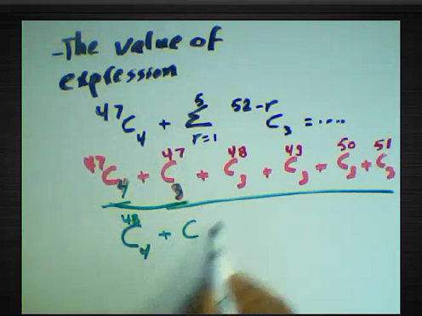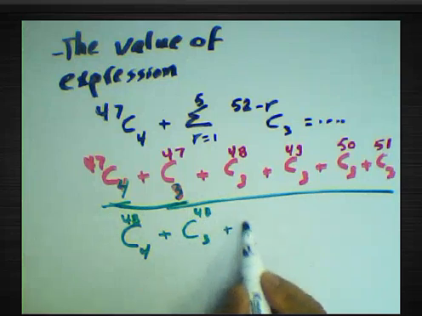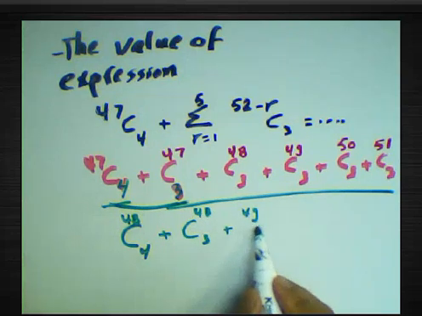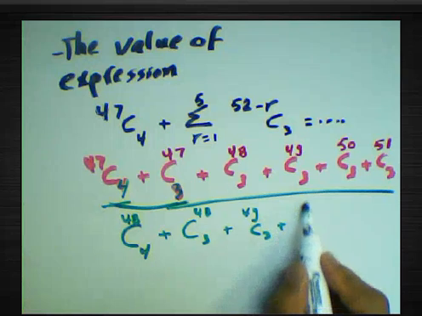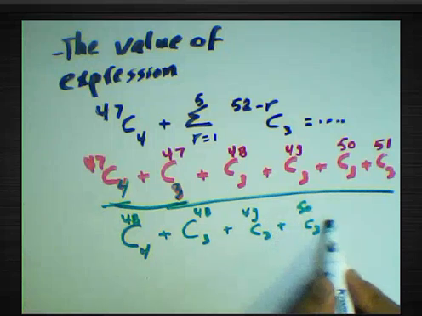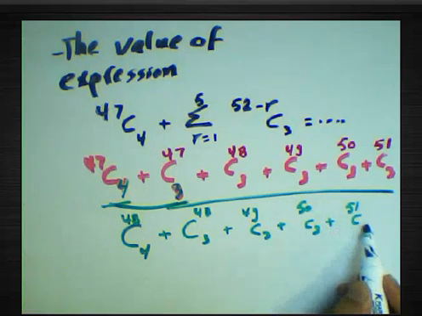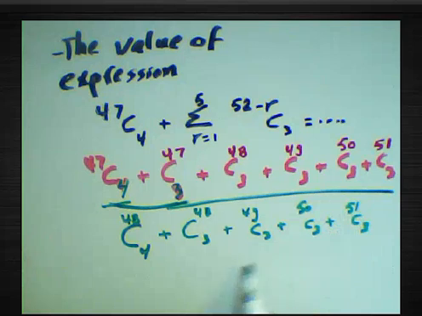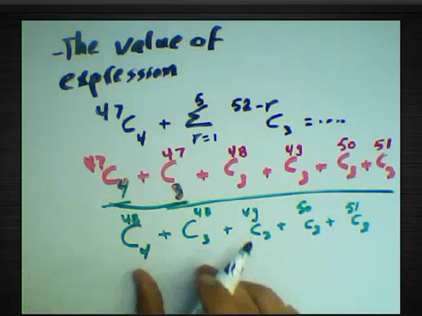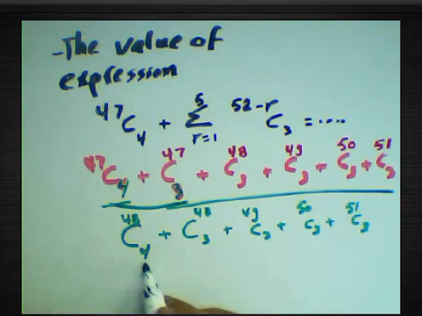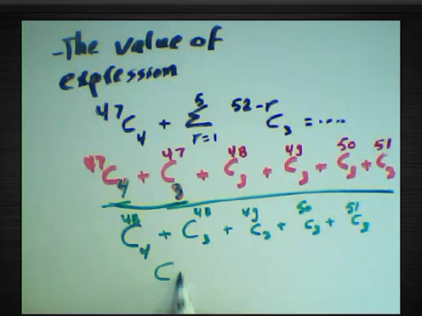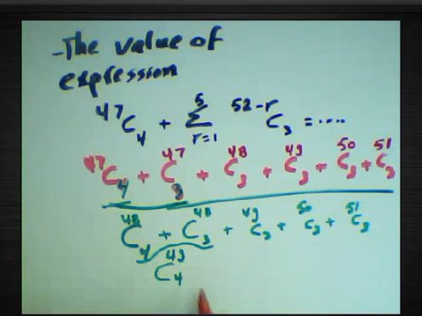Write 48C3 plus 49C3 plus 50C3 plus 51C3. And then we can add two combinations here, keep the base 4 and add 1 to the top, it will be 49. We can add two terms here, and then we can complete